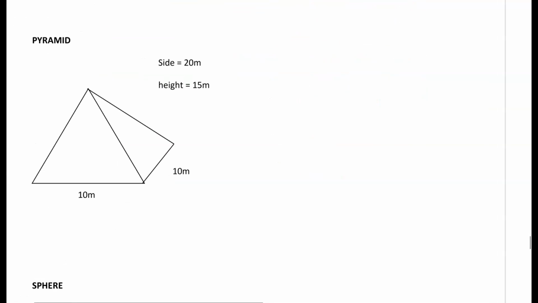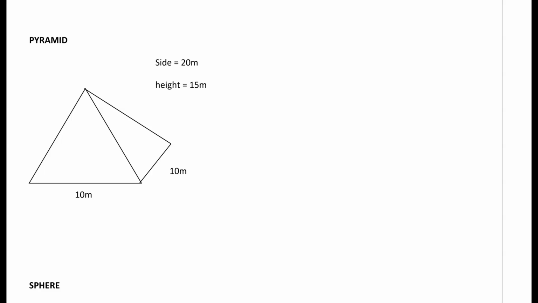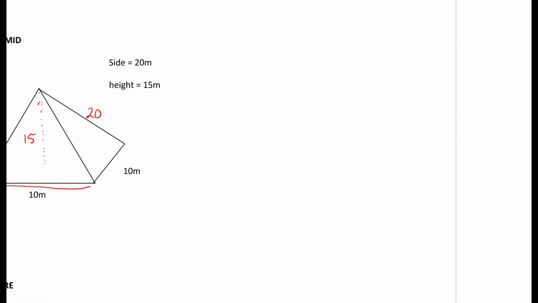Moving over to the next page, we're looking at a pyramid. So we're given the side length, we're given the height, and we're also given the length or width on the bottom. So we have our side, which is going to be 20, and then we have our height, if we were going right down the middle, which would be 15. So we want to now write out our formula for a pyramid, which is going to be